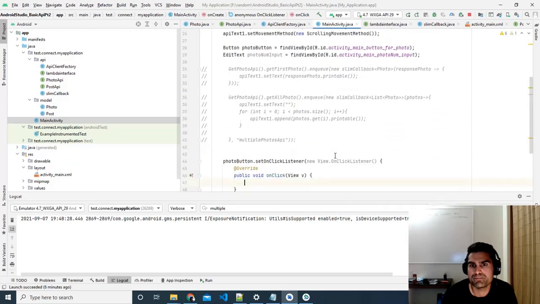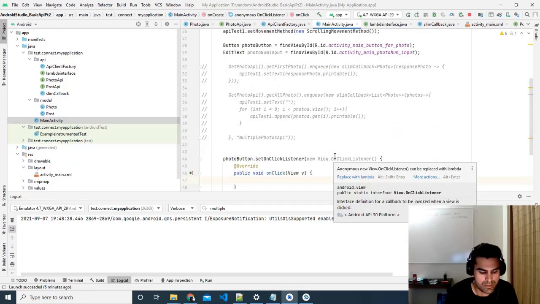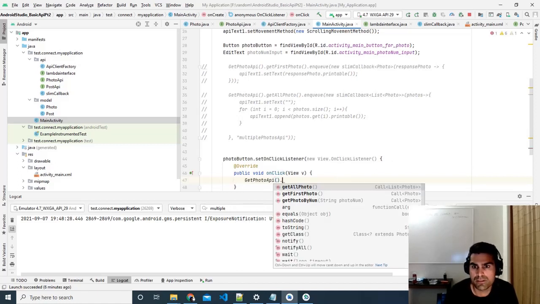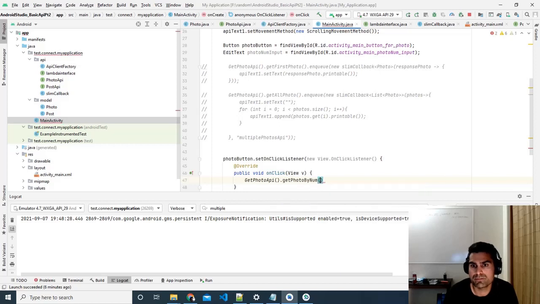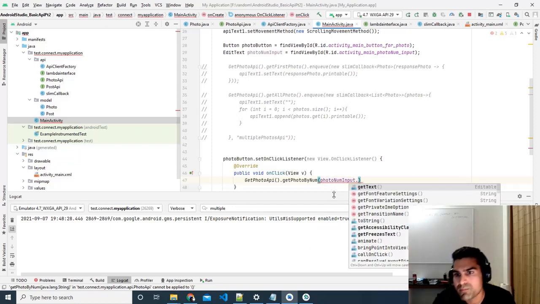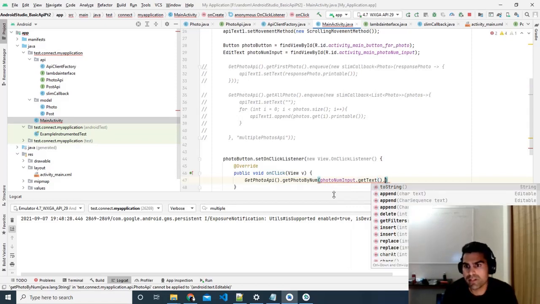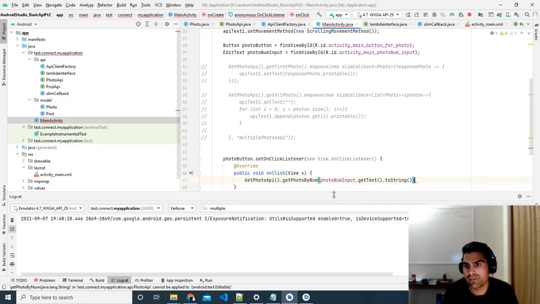So we say, well, getPhotoAPI.getPhotoByNum, and inside that we're going to get this thing, photoNumInput.getText, and it's still angry at us, so we write .toString and .enqueue and new